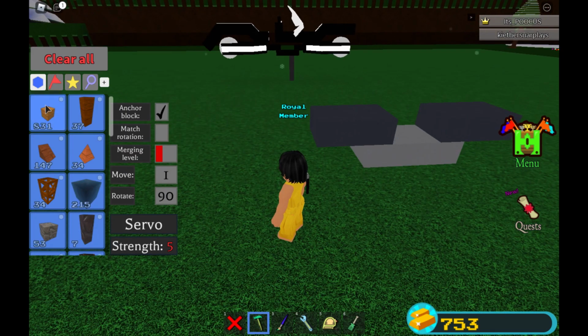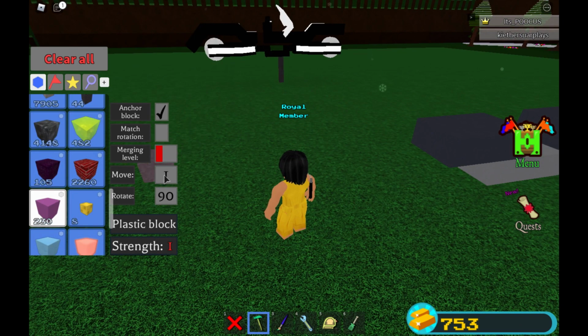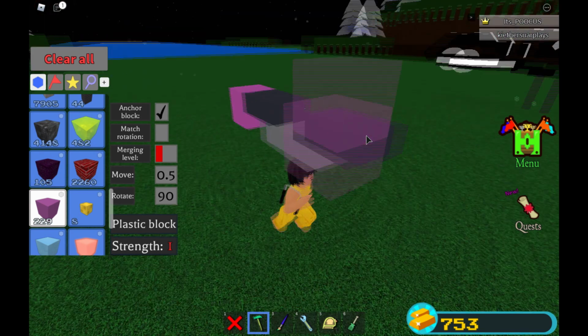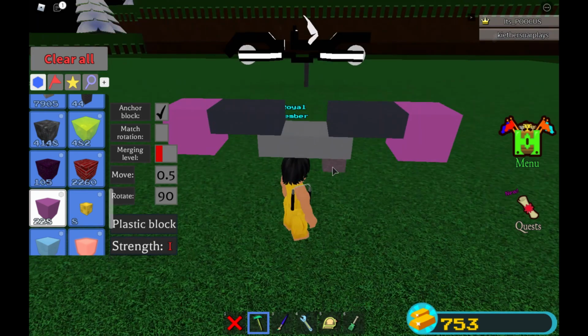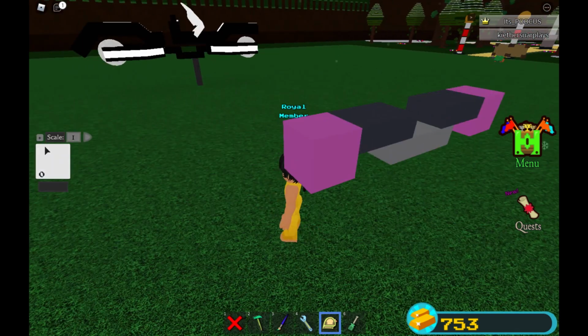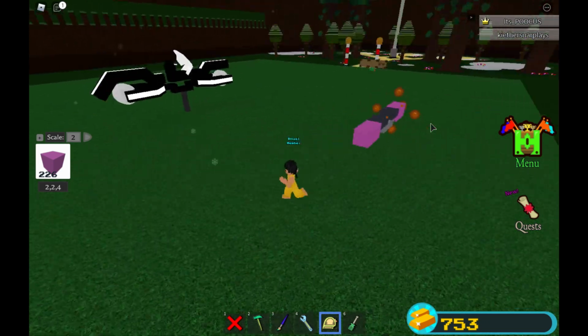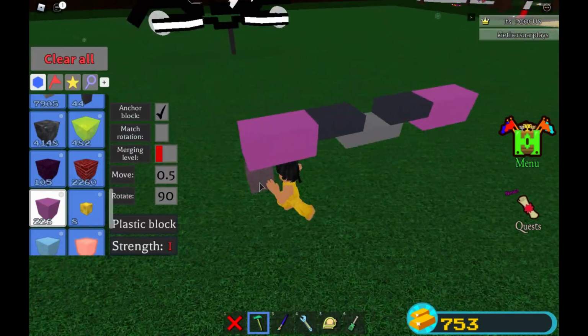And we're going to be getting our plastic block right over here, and we're going to put our move to 0.5 because we want to get it exactly on the servo like that. So we're just going to move down a little, and we're going to place it exactly on the servo. Now we're going to put our scale to 2, and we're just going to scale out 1 block on each side. This is basically symmetrical, so we're just going to be doing the same thing on both sides, and